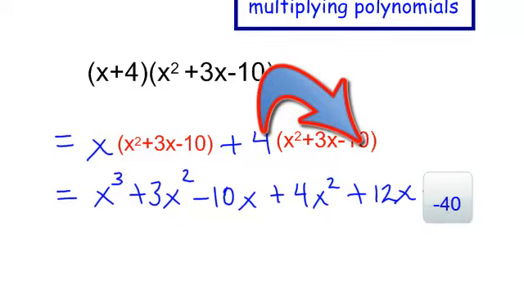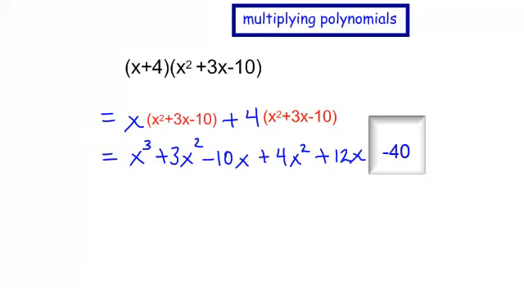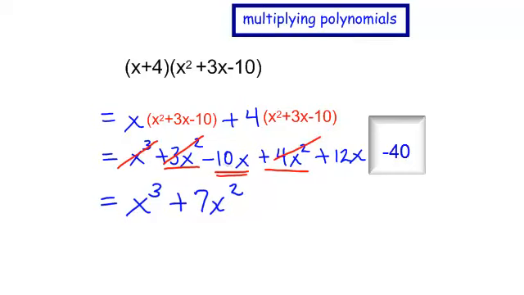And now I add my like terms. So for like terms, I believe that is my only x to the third. I'm just going to sort of cross it out, not scribble it out, just cross it out just so I'll know that I have used it. Positive 3x squared and a positive 4x squared. That will be a positive 7x squared. Once again, I'm just going to slightly cross them out so I know they're gone. Here is a negative 10x and a positive 12x. That will be a positive 2x. And it looks like I only have one constant,